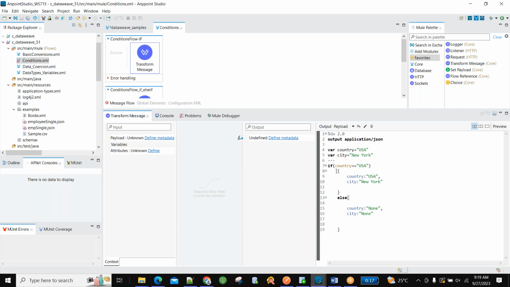So it is not like Java. See, at root level, you are not keeping anything. If it is started over here, it will be closed over here. Syntax is very, very important. Why? Because here we cannot check the syntax. That is a problem in DataWeave. We should know, by experience we will get it. If the project is already completed, and you have any doubts, we will open their transformation.